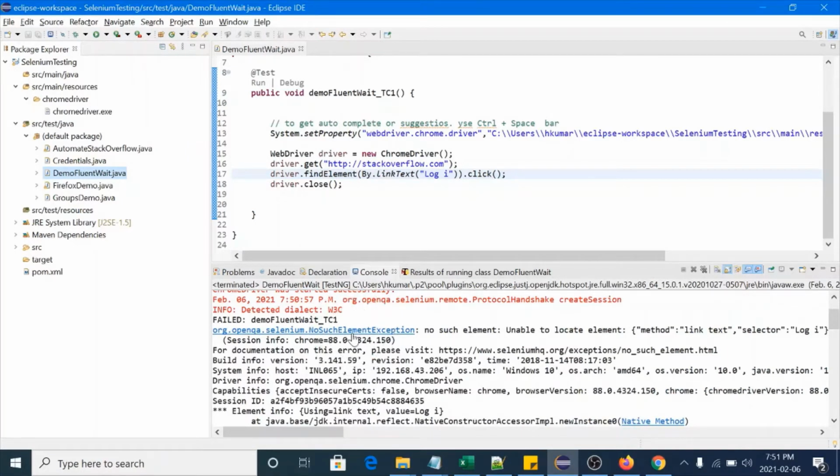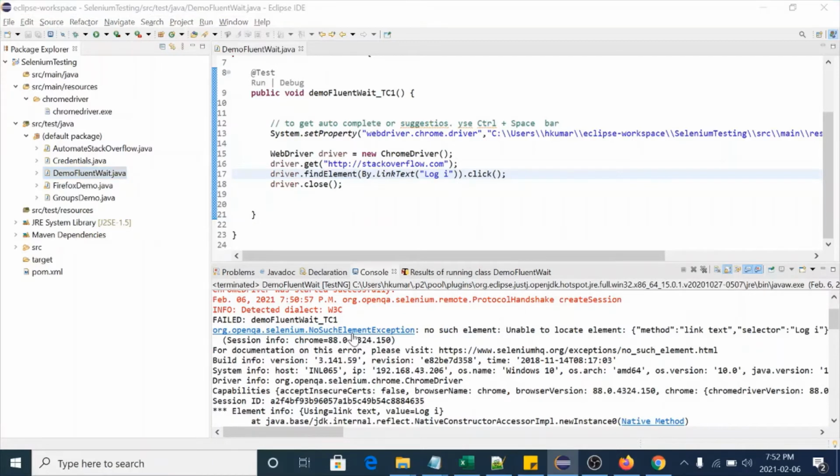In real life, when you automate large projects or your company's website, it can take time to load the elements, right? In such cases, we have different types of waits like implicit wait, explicit wait, and fluent wait. Implicit wait we cannot use with a large value, and it is applied to all the commands. If you know that your element can appear in 30 or 40 seconds, you can go with explicit wait. In fluent wait, we have some extra functionality in which you can customize the polling time. Let's understand this difference.